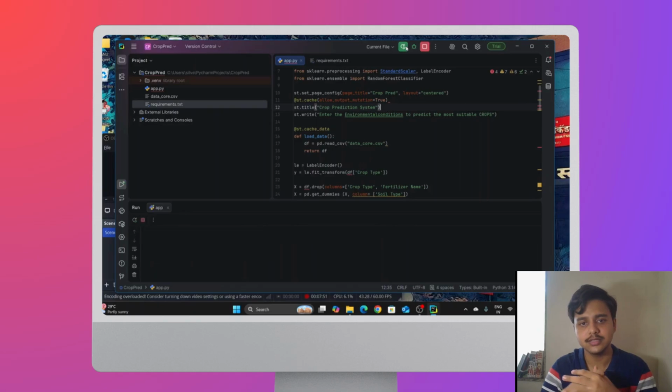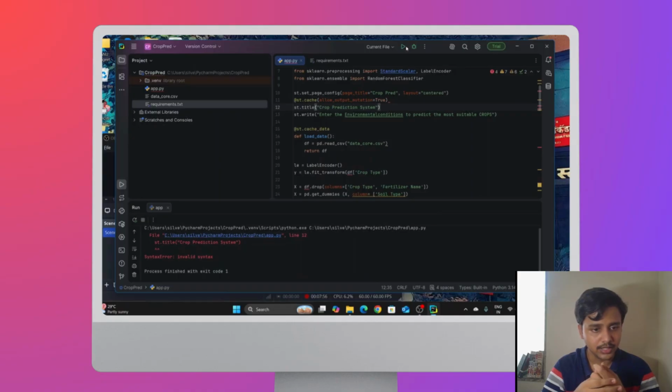Okay, we have cleared this. Let us run it again to check if there is any error. So there is another error in the crop prediction system.